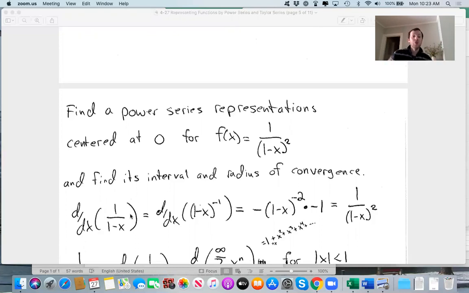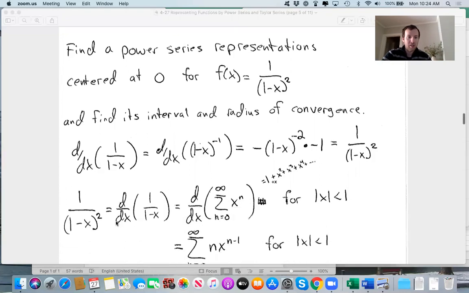And now we can use that fact that was on the previous page. Here is a function we know a series for. If you want to find a series for the derivative, then differentiate the series. So what we're going to do is take 1/(1 minus x). We know a series for that. We're going to differentiate that. And what will happen is,